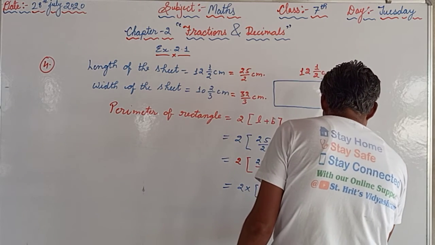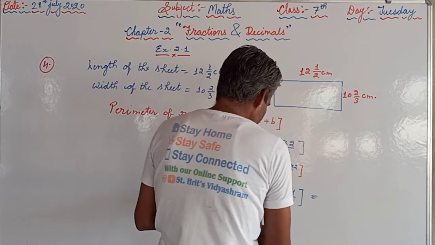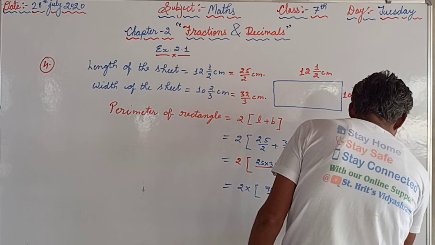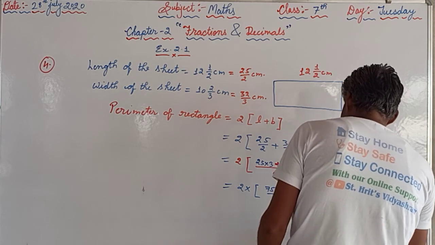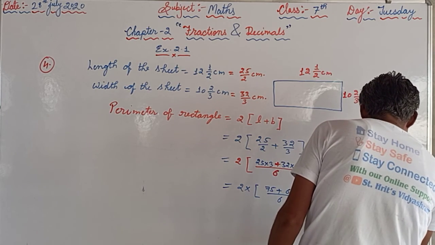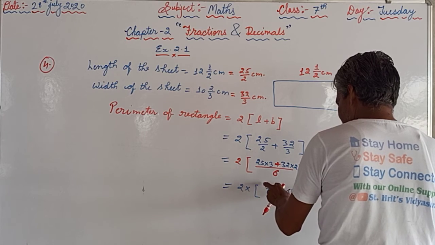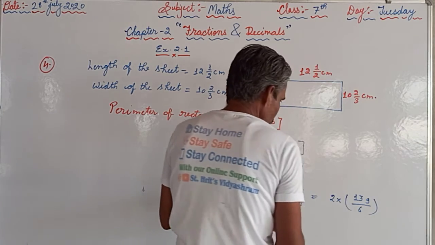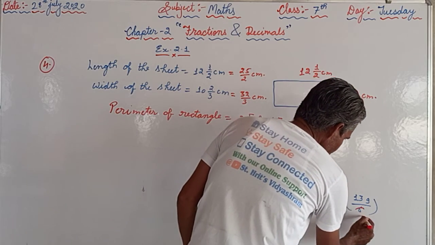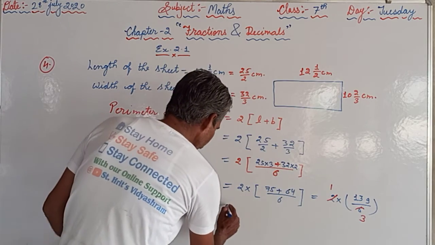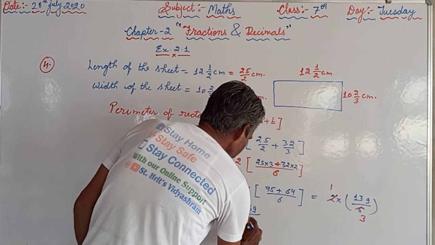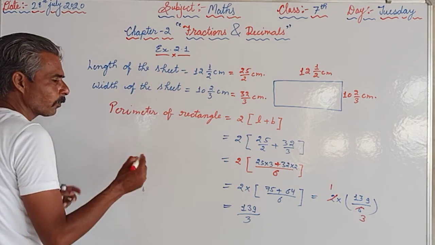We will cut afterwards. We will cut 2 into upon 6. And here comes 9, 4 plus 5, 9. 7 plus 6, 13. So we will cut by 2. 2 on the 2, 2 3 6. So we got 139 upon 3. Now this is the improper fraction.